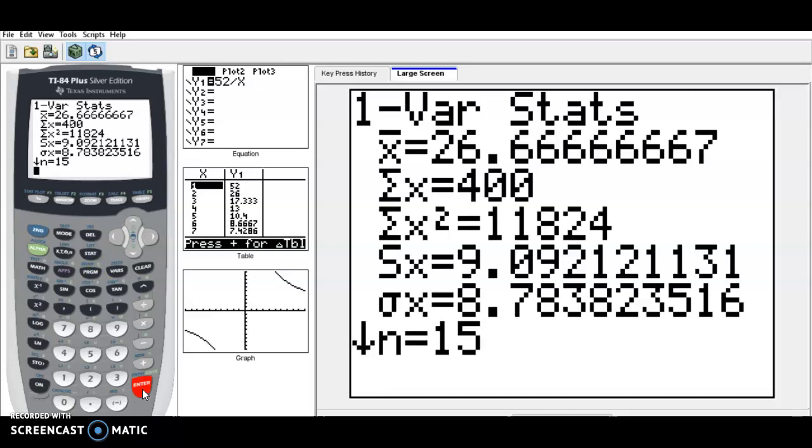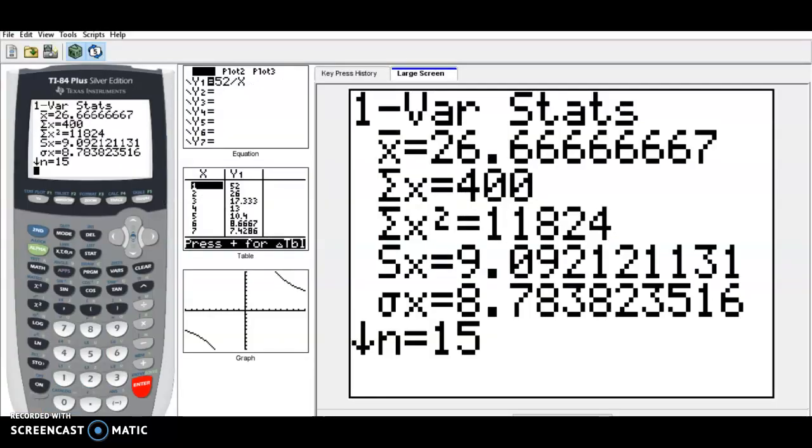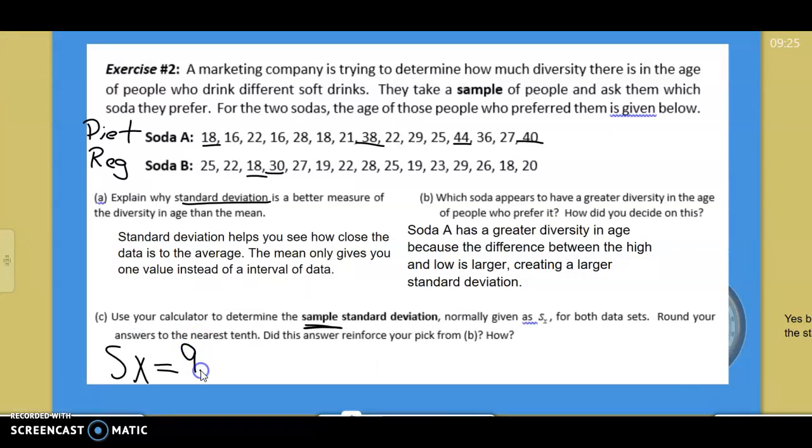And the sample standard deviation is the SX. All right, so there's our mean, our average. Average soda drinker in sample A is 26.7, or 6 repeating that is, years old, so about 26. And then the ages for the sample would range by about 9 years, plus or minus. So the sample standard deviation, right from the calculator, is 9.1 if we rounded to the nearest tenth,